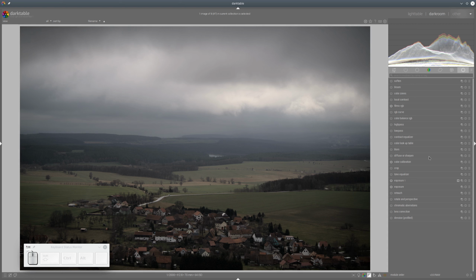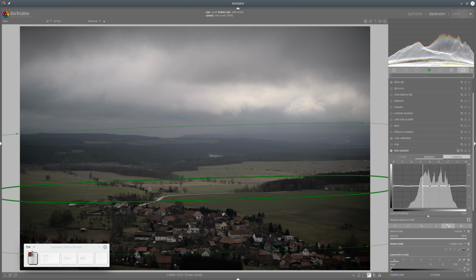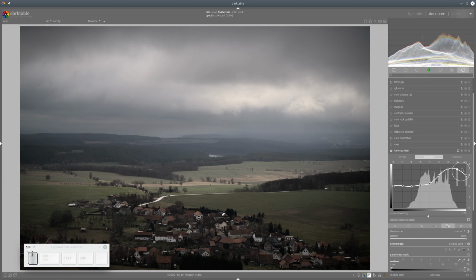Okay, let's do that. I'm thinking, let's do that with tone equalizer, with simple tone curve and mask. Bring it a bit down here, somewhere here, and turn off mask indicator and go up with exposure. Let's see, maybe something like that. Yeah,